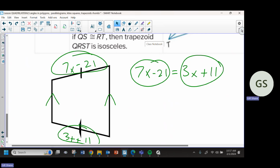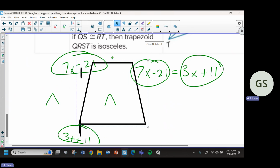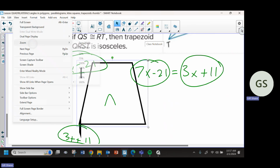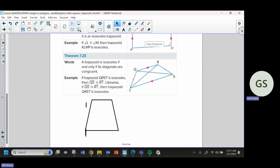We said if you continue the side out of all the sides, I'm gonna twist it. Yeah, I can do that. I'm gonna turn it back this way. I just need a little more room. Actually, I'll zoom out. Okay, let's do that. So we said if I take the sides of a trapezoid and I extend them out forever,